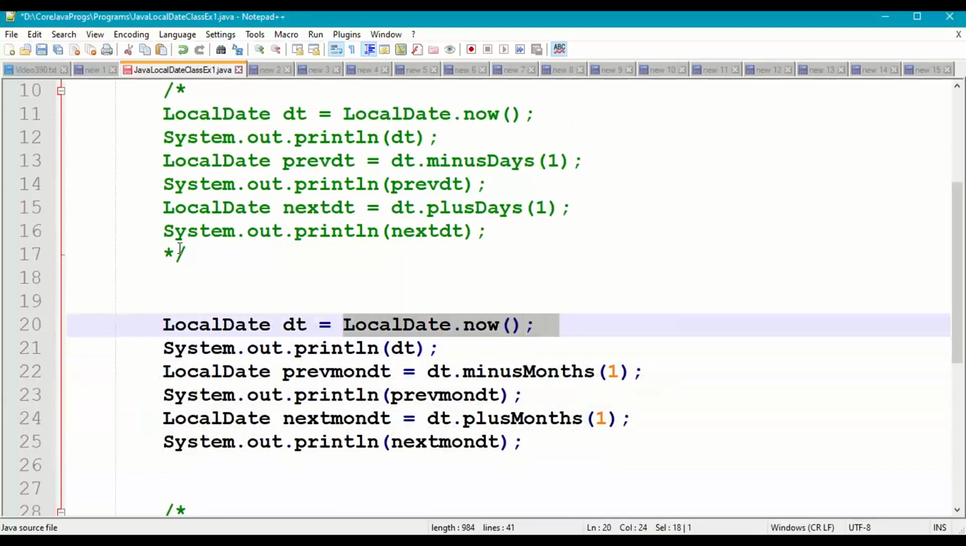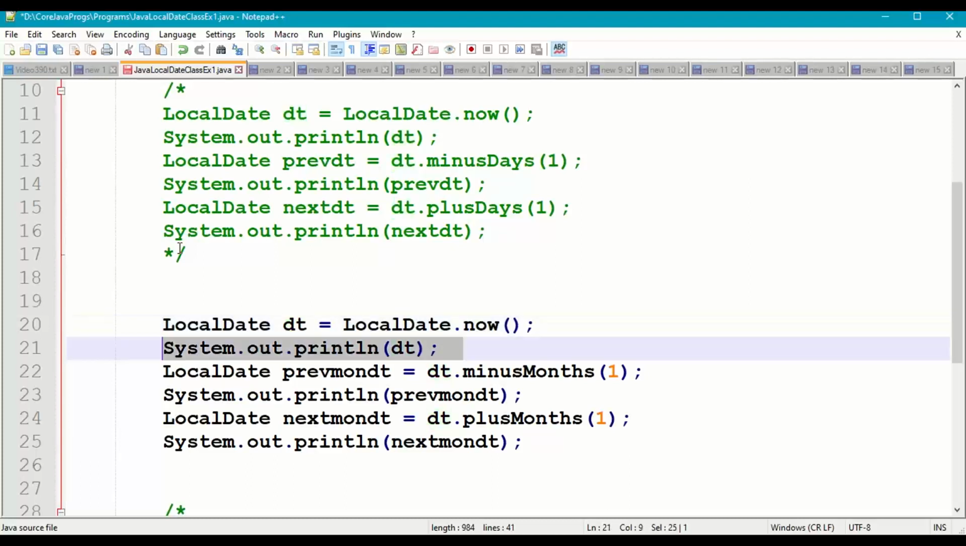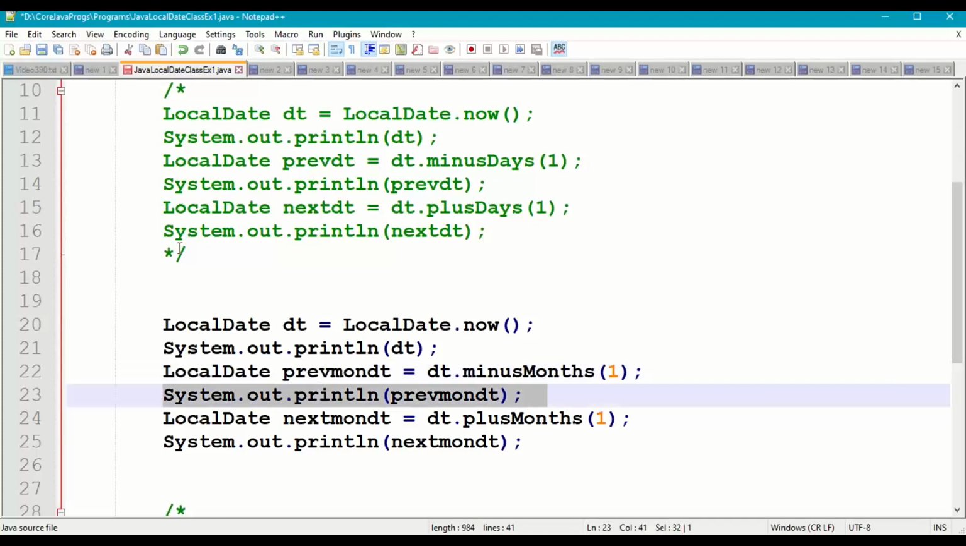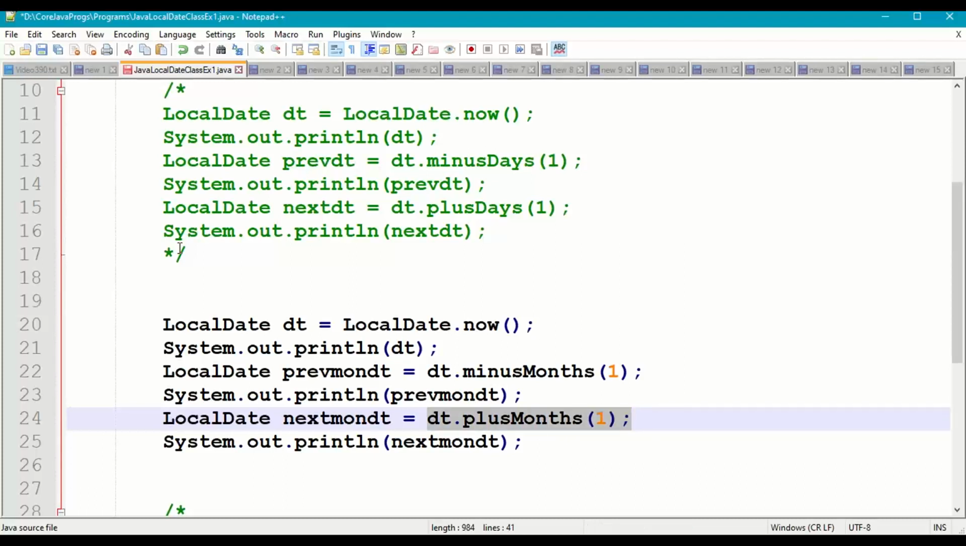So LocalDate.now, which is a static method, returns the current system date as a LocalDate, so store that in dt. Print the local date, and then dt.minusMonths, so for the previous month you will get the date. Store that in a LocalDate and print the previous month date. Similarly, dt.plusMonths, you will get the next month's same date. Store that in next month date and print it. So save it,